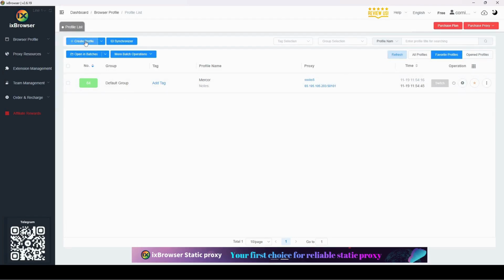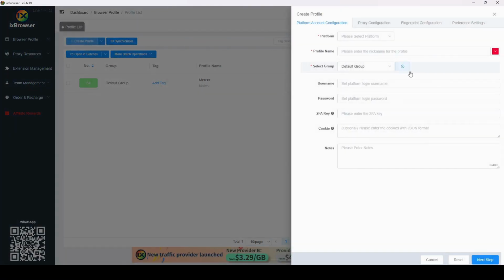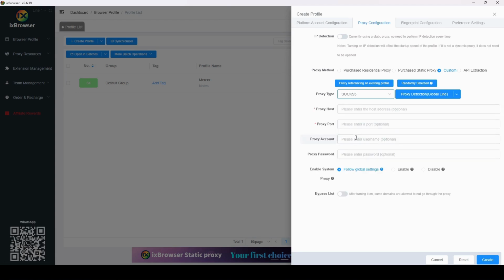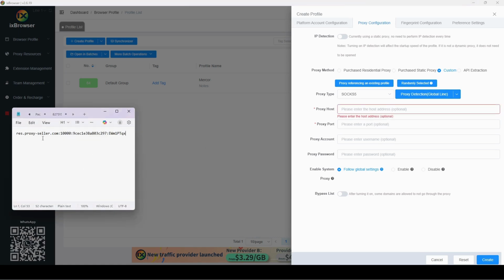So repeat the same process. Click on create, select platform, enter name. So let's say this one is specific for Outlier, and then go to proxy configuration, just choose SOCKS 5, and then the proxy host. Now let's go copy, open our document. Here it is. You can see here it's the proxy host. Just copy the entire thing like this, paste it here,